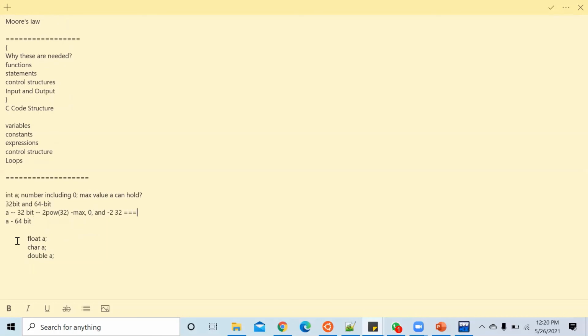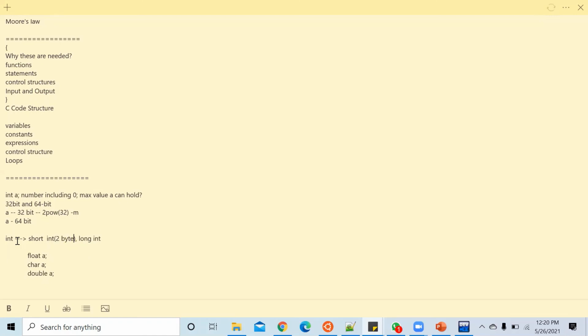Normally, integer is divided into short int and long int. How many bytes is a short int, Akshay? 2 bytes, I think.